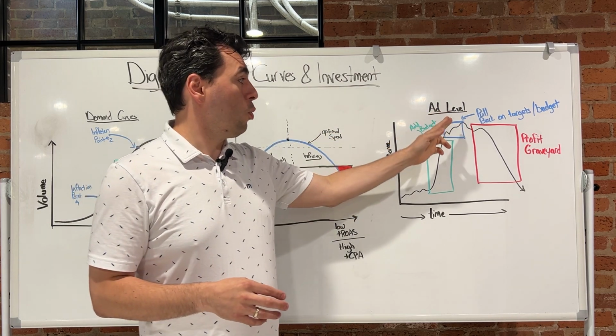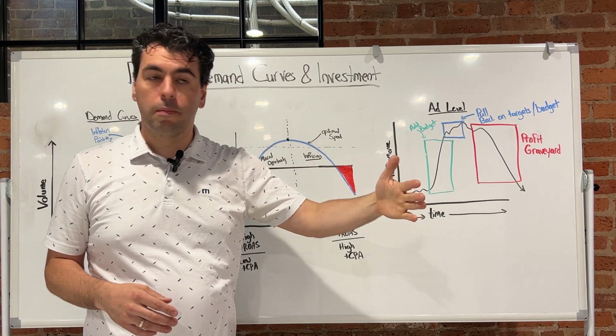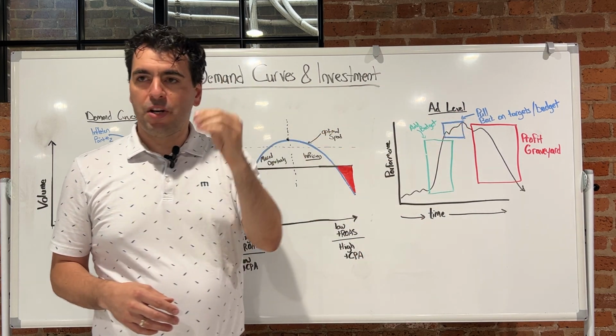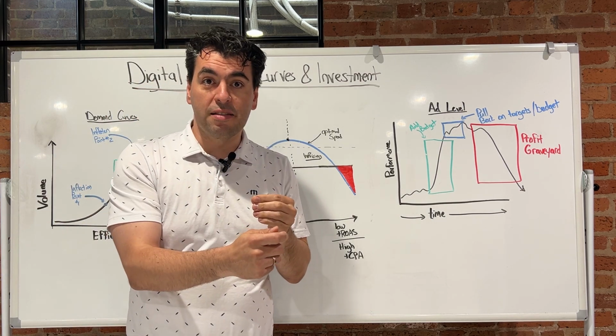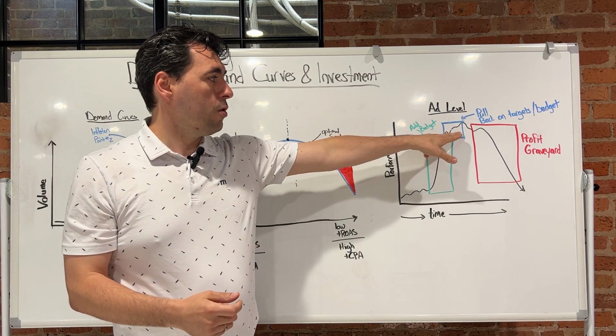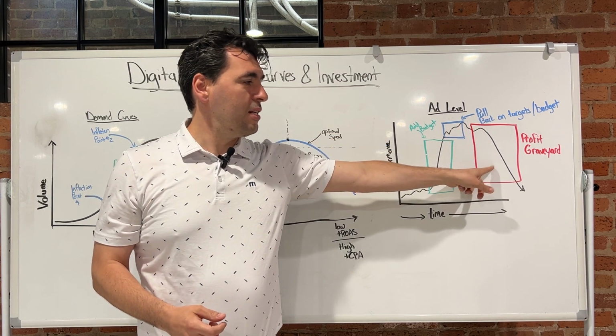If it starts to break out of this pattern up, then maybe consider adding a little bit more. But more than likely, especially in today's environment where trends move and turn over so fast, this is a good time to pull back on your budget, because what you don't want to do is get into the profit